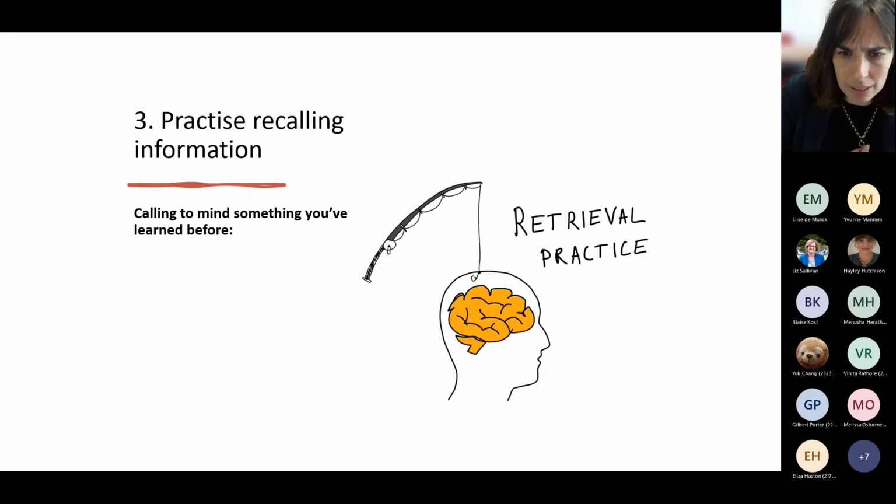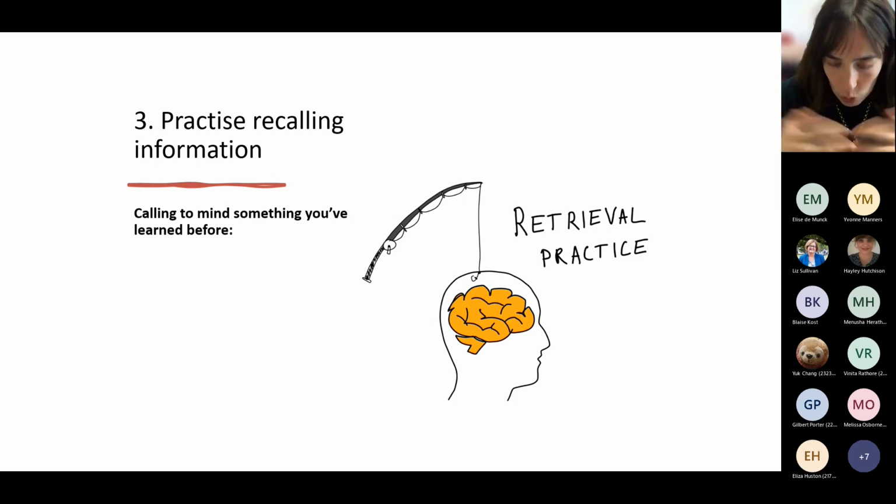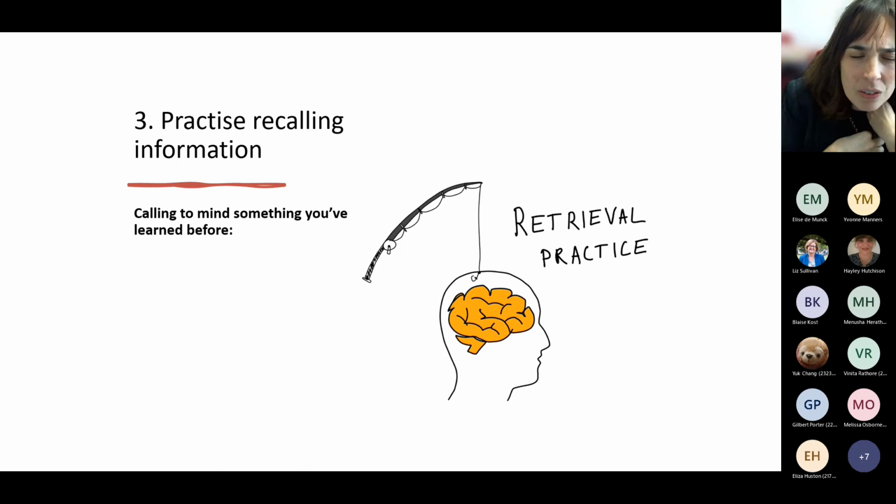So when we're studying, often we can feel quite focused on trying to get information into our heads, sort of try to cram it all in. What retrieval practice would suggest is that if we actually try to fish it out, if we retrieve it and call it to mind, something we've learned before, heard before, that's actually a really fast and powerful way